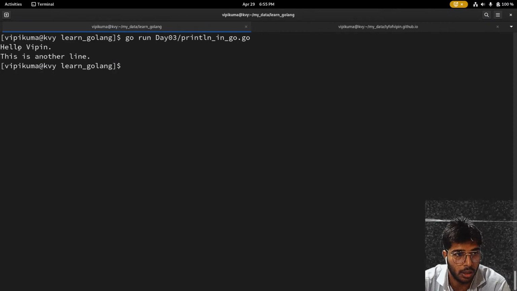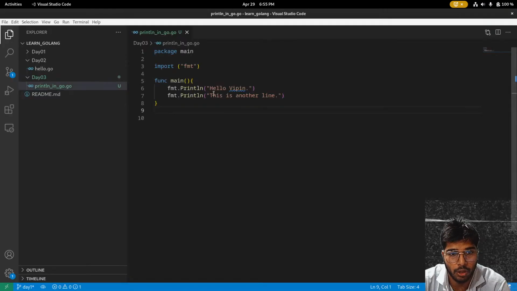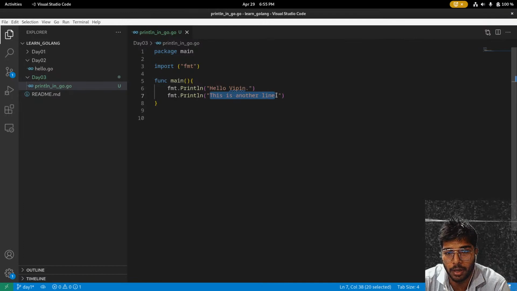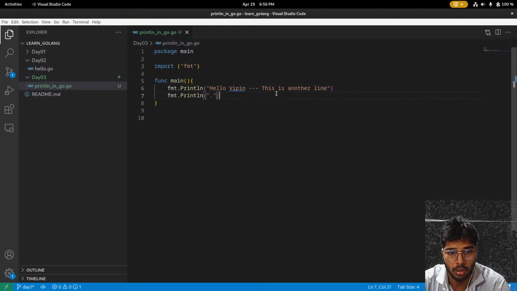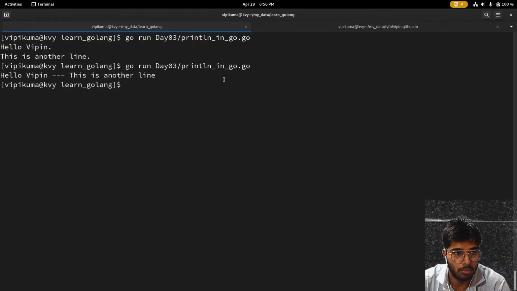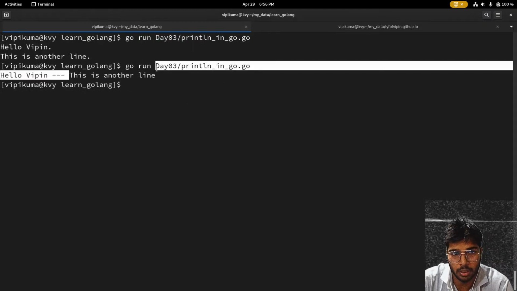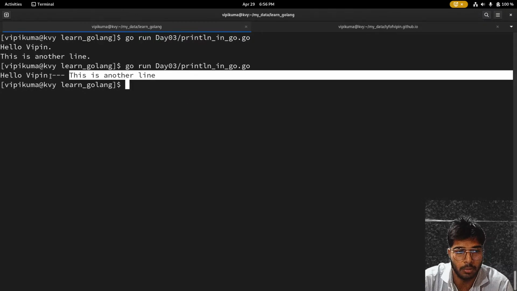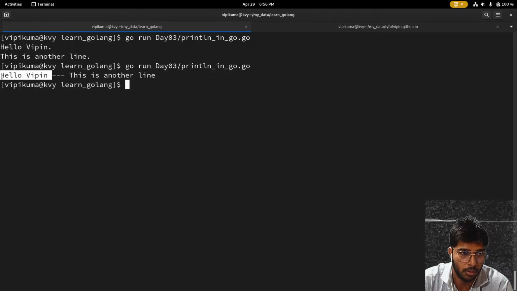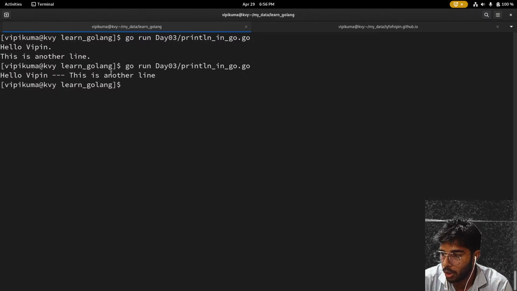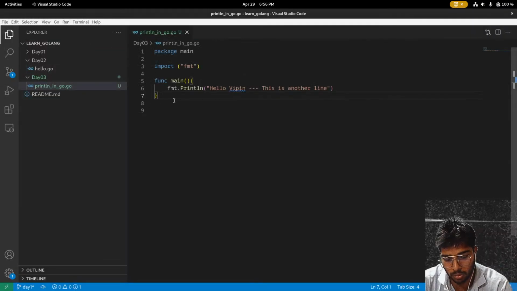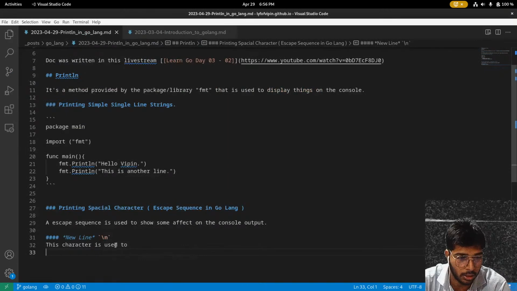If I write this line right behind this one, I cannot display these lines separately. I want this to display as line 1 and this as line 2 in the console. For this, I can use the escape sequence supported by Go,